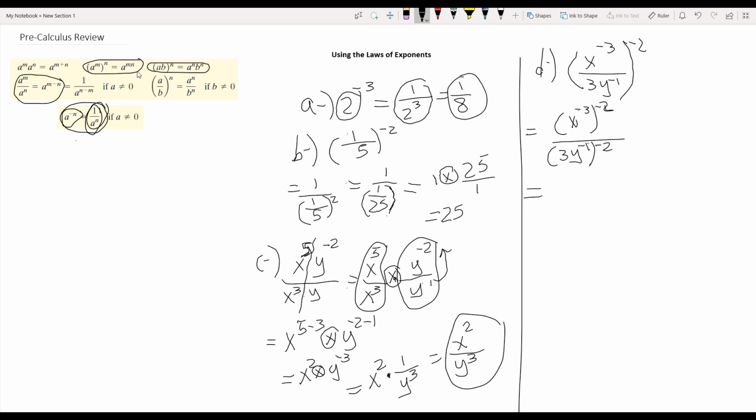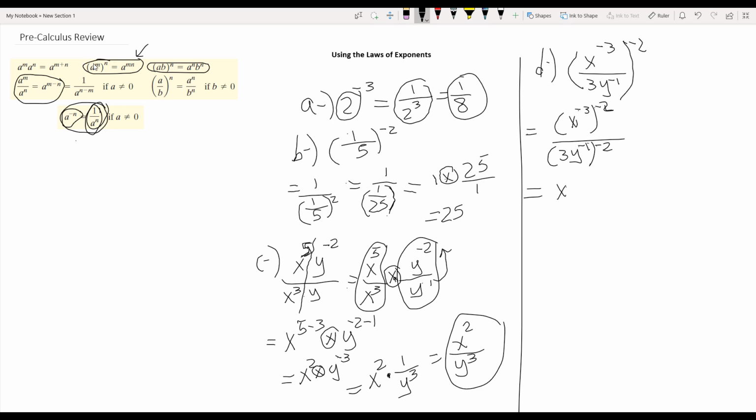Seems like we can do something with any of those, right? Especially this one here. Yep, seems so. So, rewriting this, we can simply rewrite that x to the negative 3 as